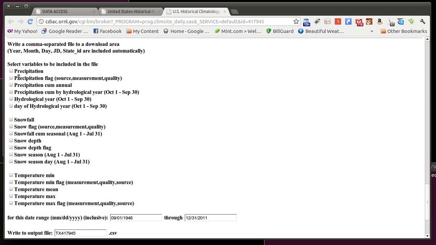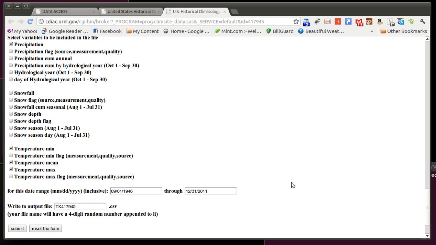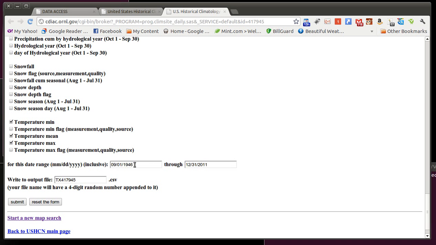I'm going to save the precipitation, since San Antonio doesn't have snow, and the low temperature, average temperature, and maximum temperature. I am going to go for the entire range that they have. It will output it in this file. And if I click submit,